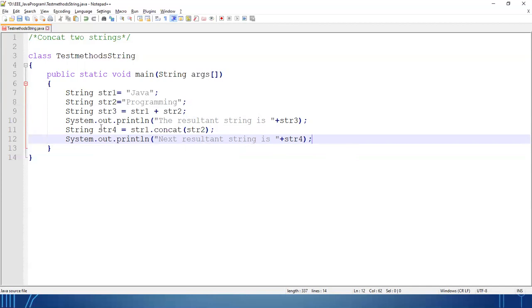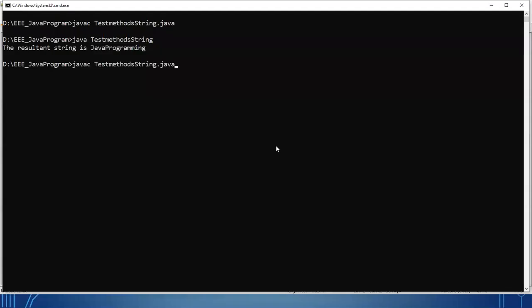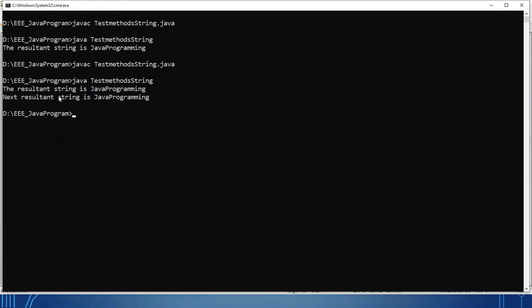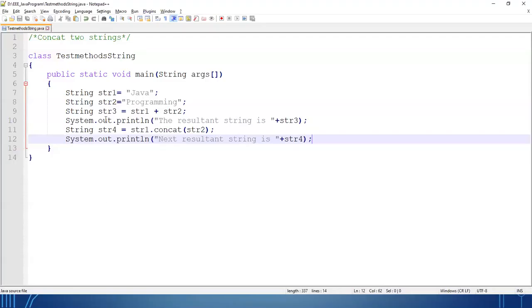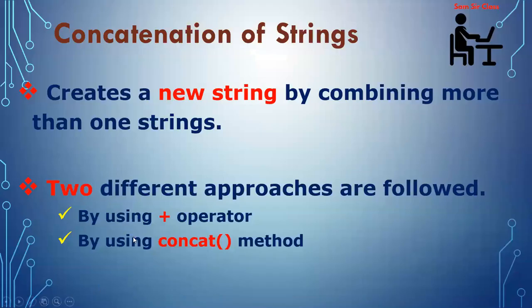Clear? I'm storing the result in string 4 and displaying the value. Done. Next, the resultant string I also get. So these are two different methods to concatenate two strings: one by using the plus operator, another by using the concat method.